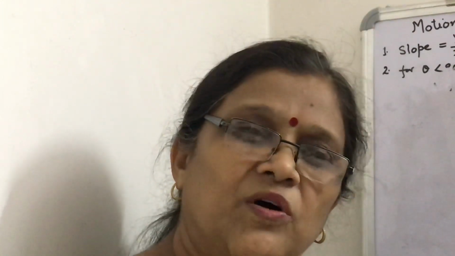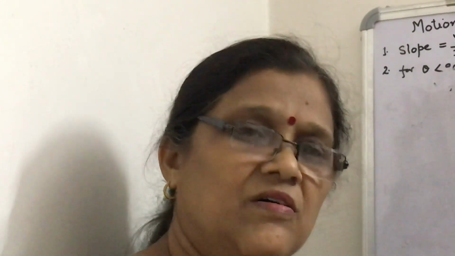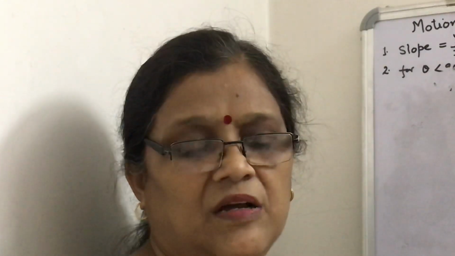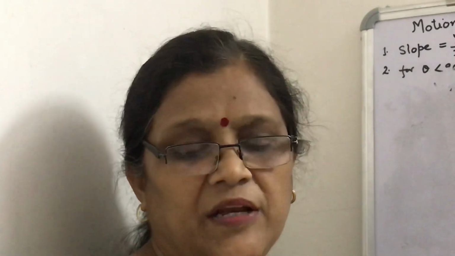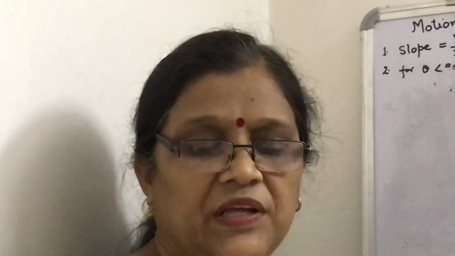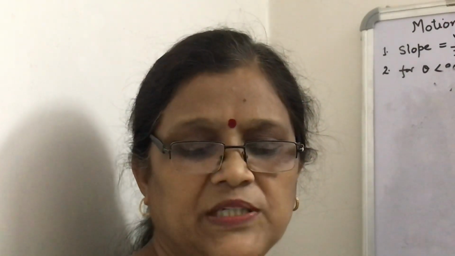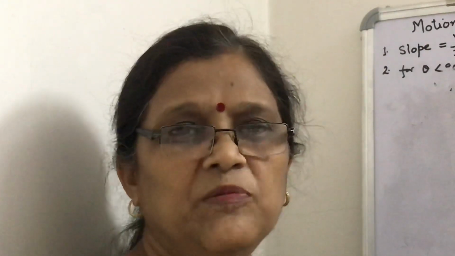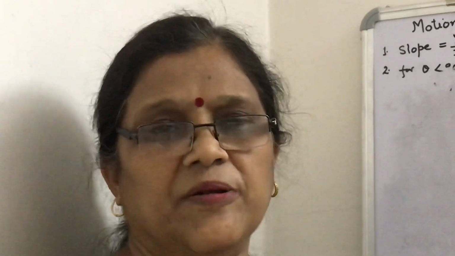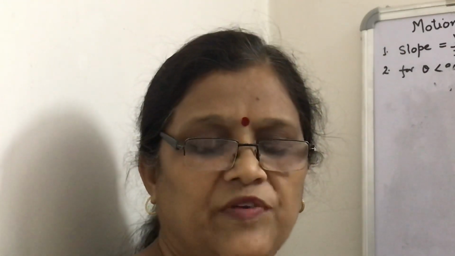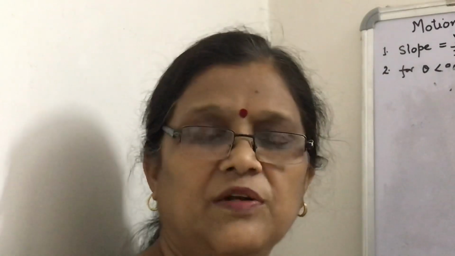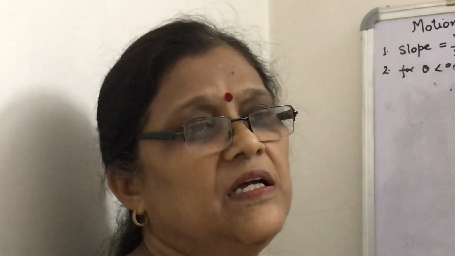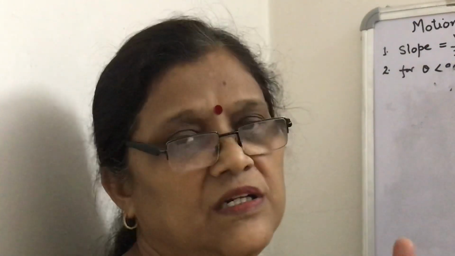Now tell, is it true or false? What I am saying, first one, this question has two parts. First part is that a particle in one dimensional motion with constant speed must have 0 acceleration. One dimensional motion is motion in a straight line. The particle is moving with constant speed, must have 0 acceleration. Yes, true. Why? Speed is same, direction is same.